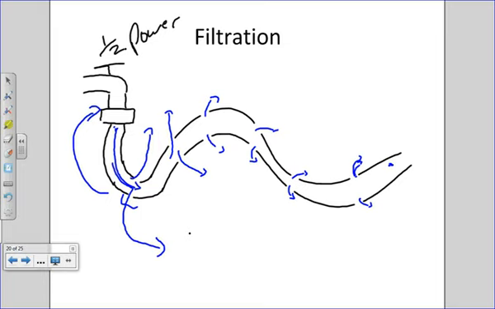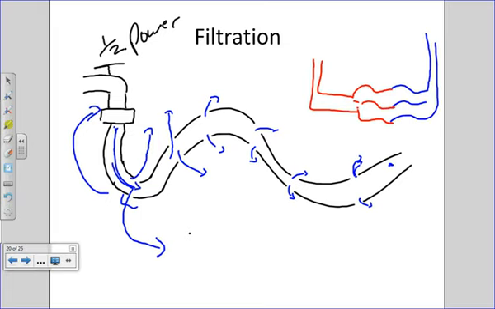All right. Now, this same concept is applied to the human body. When we're talking about the circulatory system, let's say we've got a capillary bed here. Let's say we've got blood flowing down into this capillary bed. As blood flows into this capillary bed, now you're going to learn, once you get much farther into